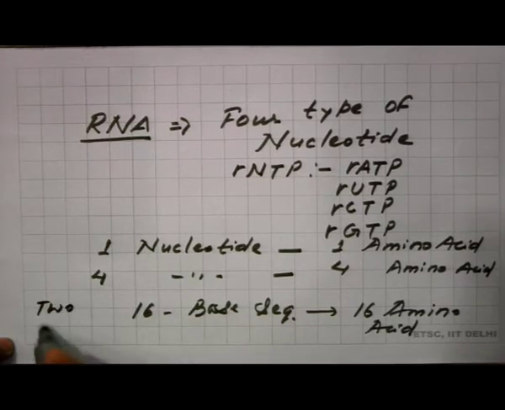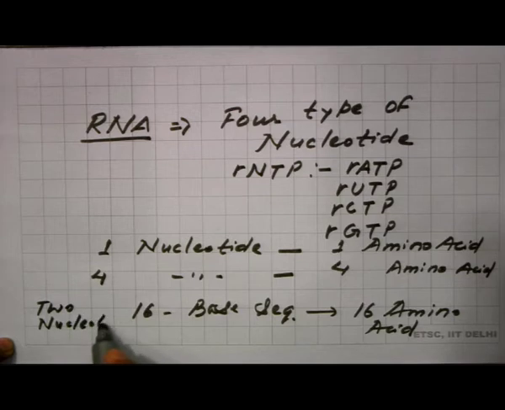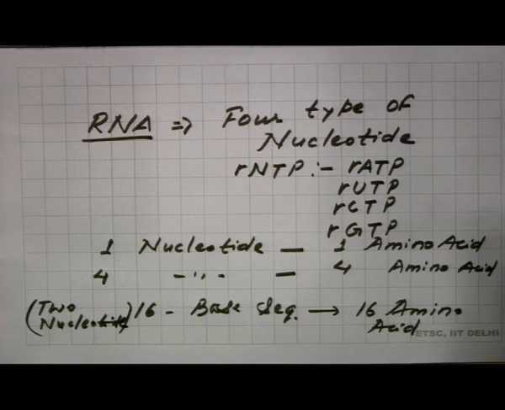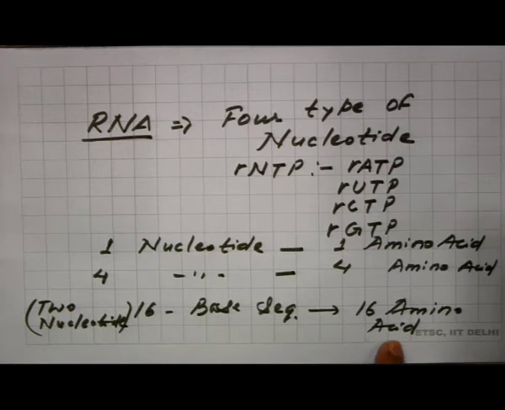If 2 nucleotides combine, here also, in the combination of 2 nucleotides only 16 amino acids can be coded. Again 4 amino acids are left. So, again this concept was discarded, and then the scientists thought that